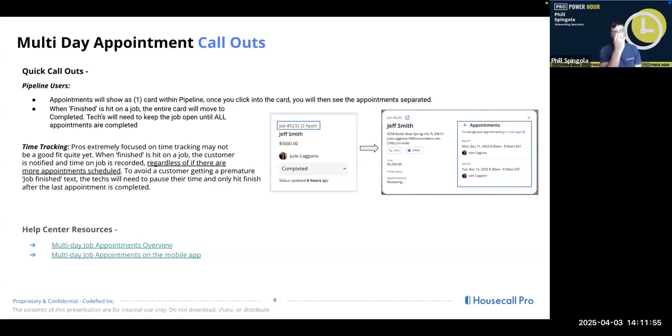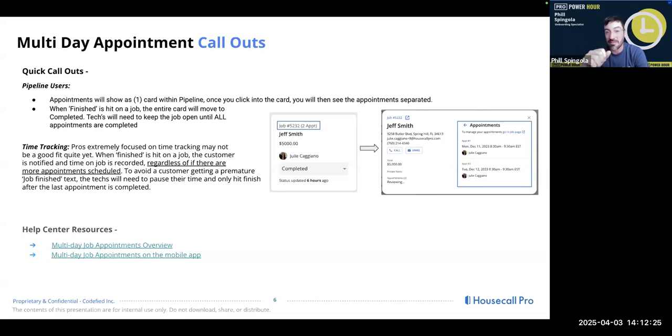But if you caught one of our previous sessions where we were talking about where to see the notes and the time tracking on the office side, you can see when they clocked in and clocked out on each appointment when you look at their field tech status. However, when we look at the field tech status box by itself on each job, and when we pull our reports, it's really pulling the entire total time on the job. So I hope that makes sense.